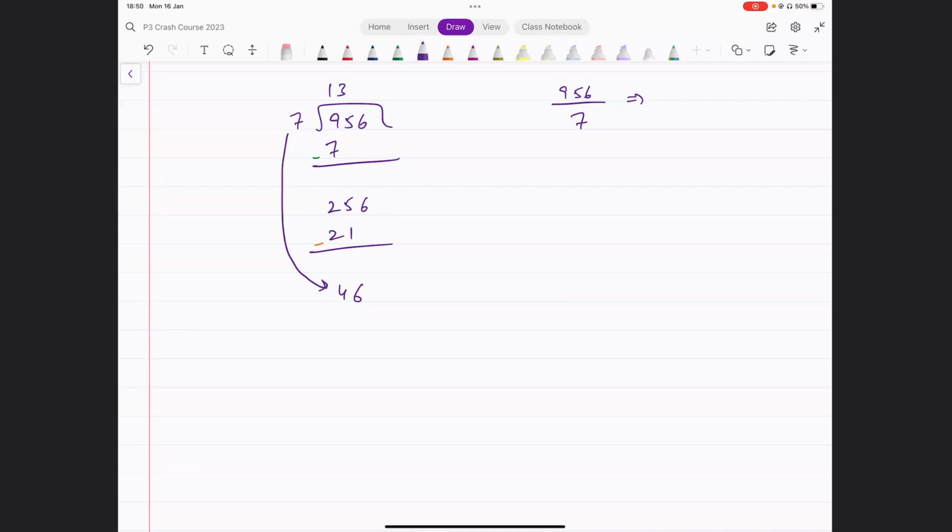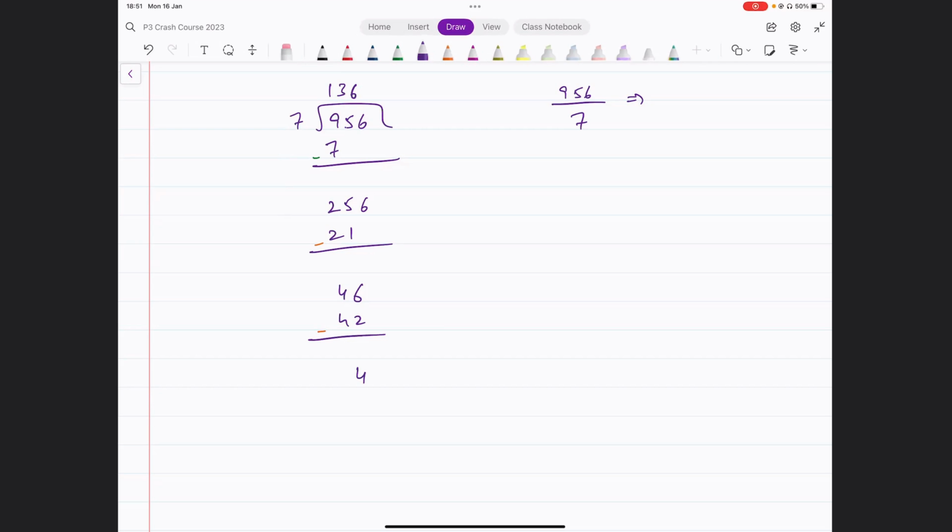7 times 5 is going to give you 35. 7 times 6 is going to give you 42. So 42 से एक और step जाओगे तो 49 आ जाएगा. So you have to stop at 42. 7 times 6 gives you 42. You write 6 here. You write 42 here, and you subtract this number, and the result turns out to be